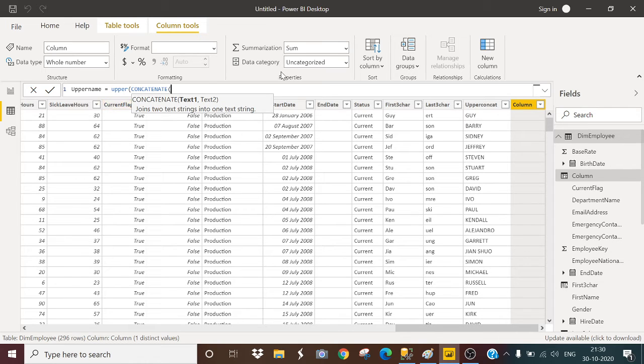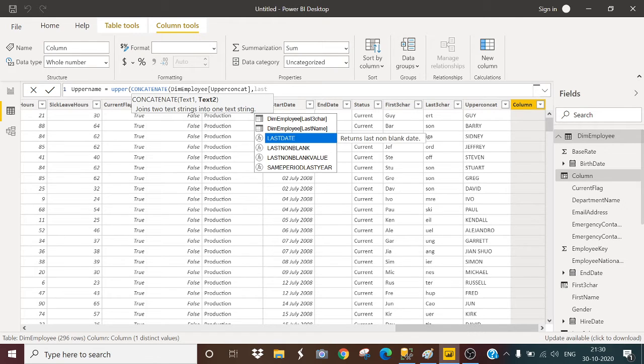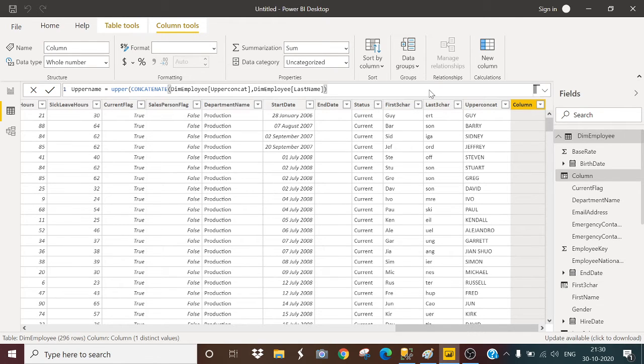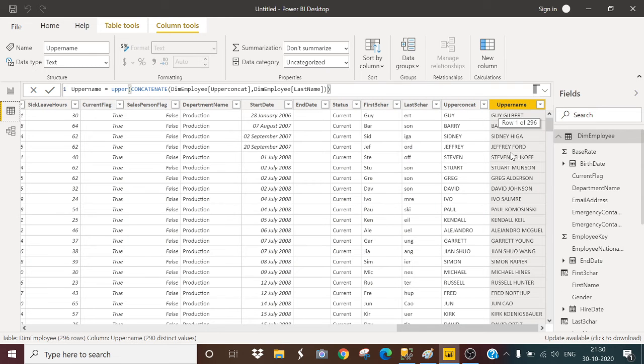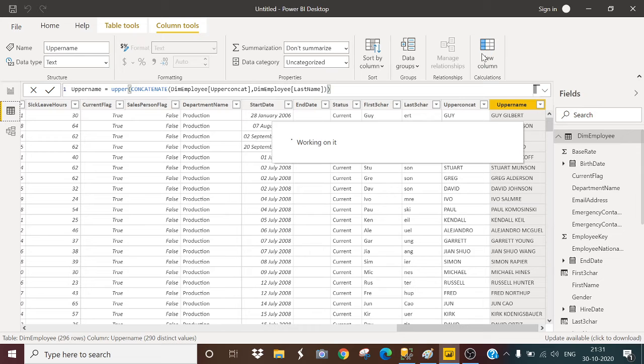Text one will be my calculated column, upper concat, comma last name. Let's close this parenthesis and hit enter, and see, it is giving me the upper name in uppercase with proper spacing.